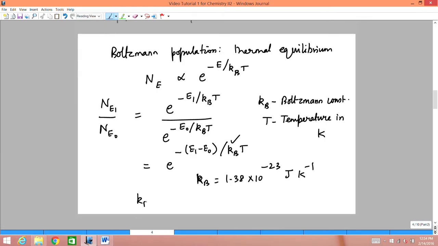Therefore, for kBT, T should be in Kelvin, so 27 degrees essentially means 273 plus 27, which is 300 Kelvin. So kB is known, T is known, and delta E is given by